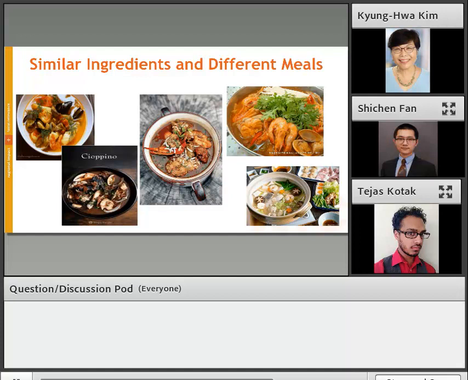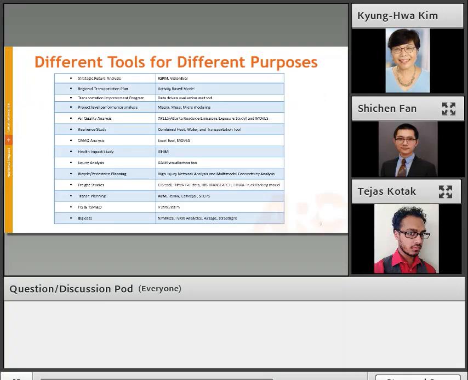Likewise, we use lots of similar data from the same source, yet our understanding and conclusion can be quite different. This needs our common sense and how we make a story. This is, I call it, science meets art.